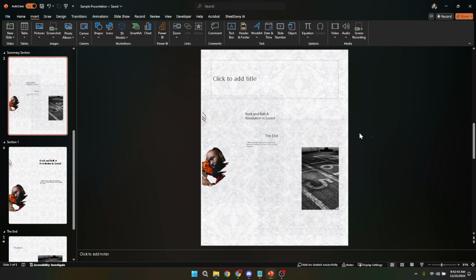And there you have it. You now know how to zoom in on an image in PowerPoint, adding an extra layer of professionalism and sophistication to your presentations. Experiment with this feature. Play around with different images and slides and see how it can transform your presentations from the mundane to the captivating.